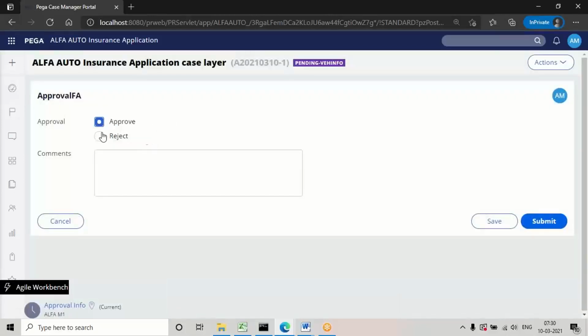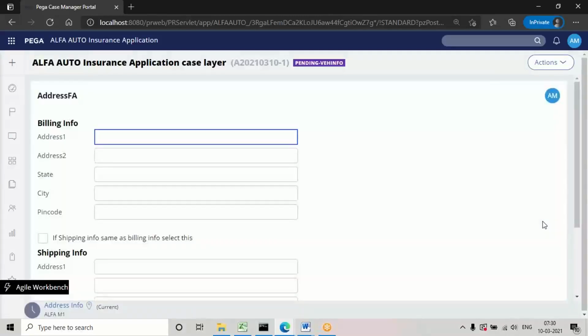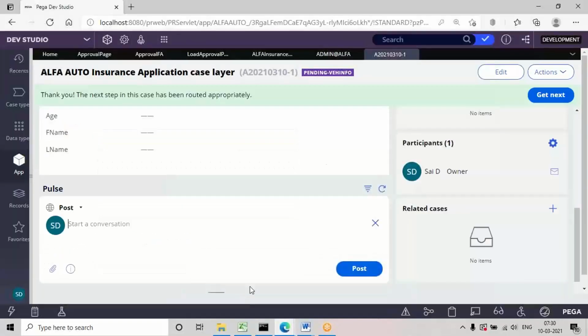Okay, so here I didn't apply any particular decision condition. Select any option right now, it will go to address assignment. So like that we can transfer the task from one operator to another operator. This work list is used in real time when you know to whom we have to transfer and what the ID is, and accordingly we can apply the routing parameters. So if I want to transfer a task from one operator to another operator, this is the process.